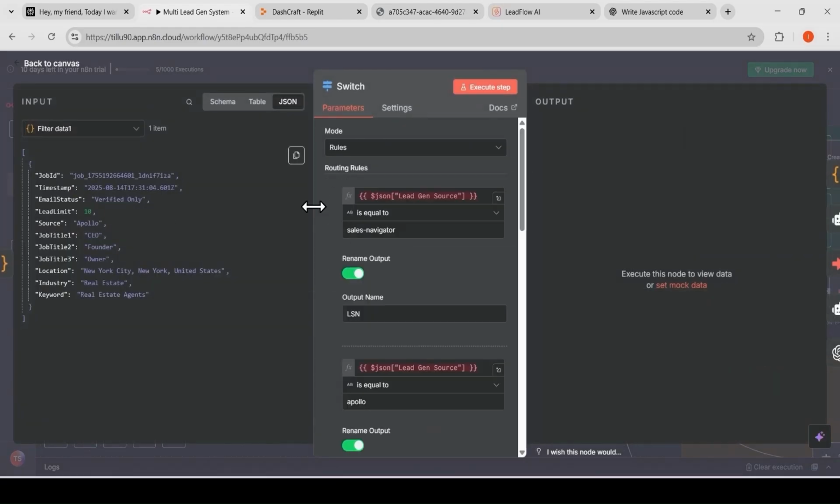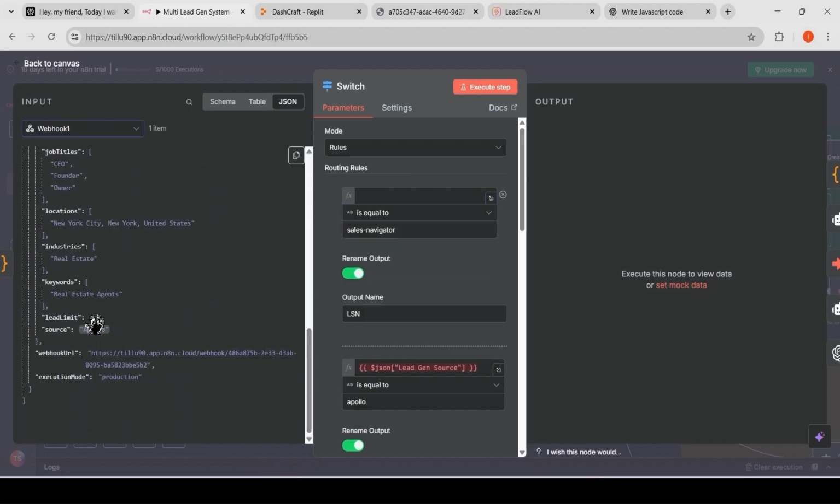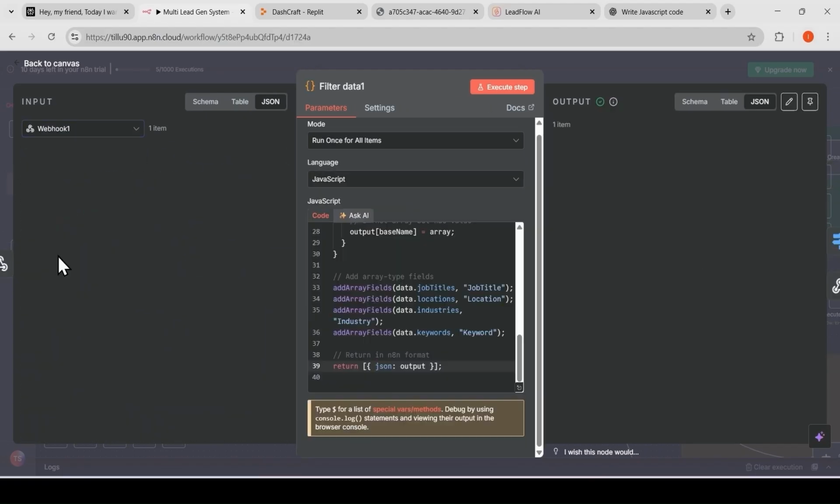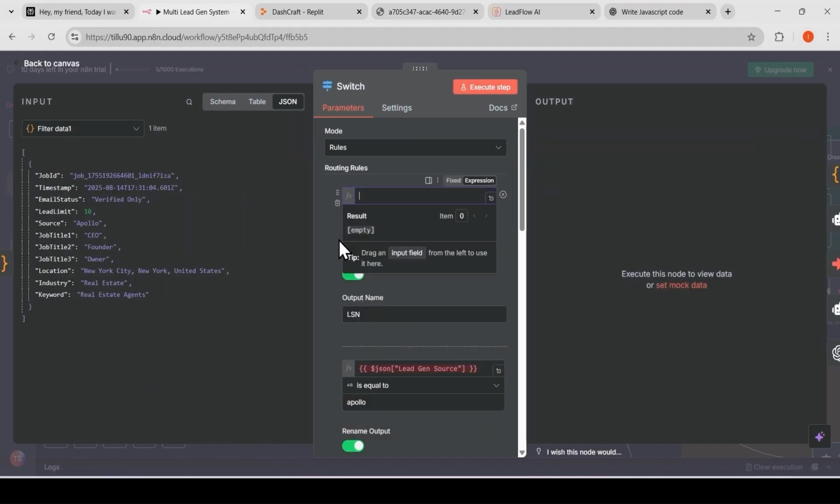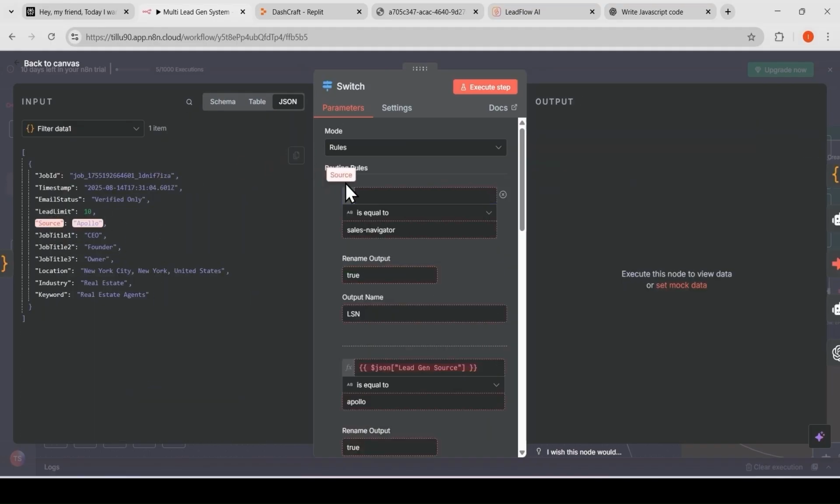Alright, now let's move over to the switch node. Here we need to update the routing rules. As you can see, I've already added the parameters, but right now they're showing as undefined. So let's fix that by updating them with the new source. If the user selected source equals Sales Navigator, then the data will go to the Sales Navigator flow. And if it is, let me update this one too. If the selected source equals Apollo, then the user's selected filter data will go to the Apollo flow so it